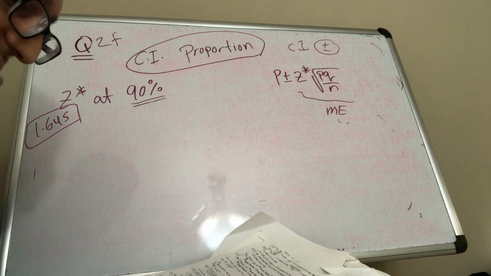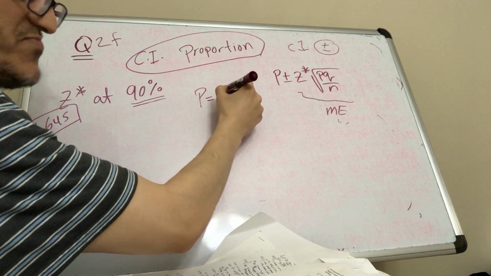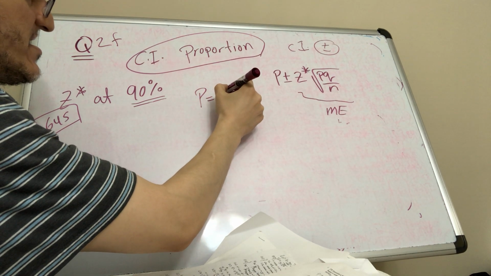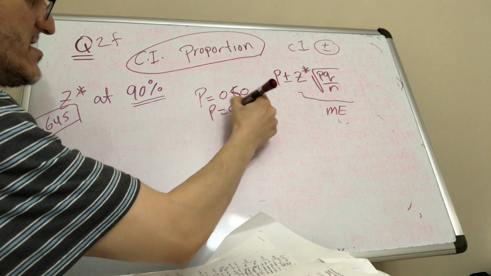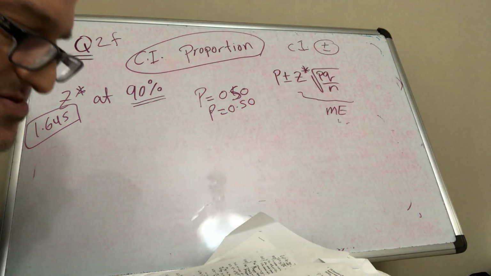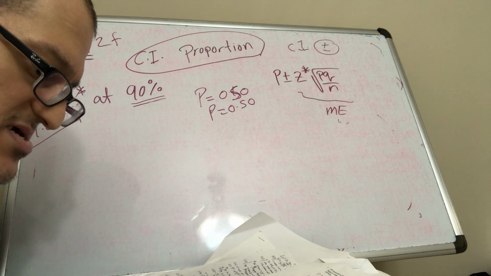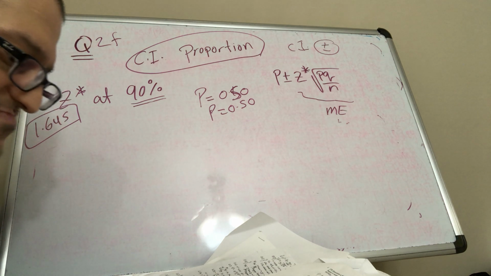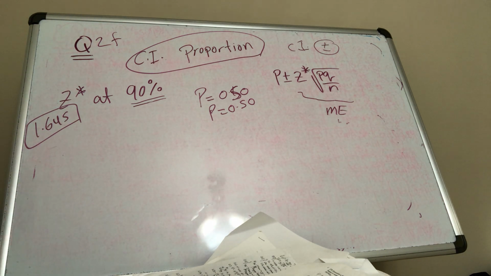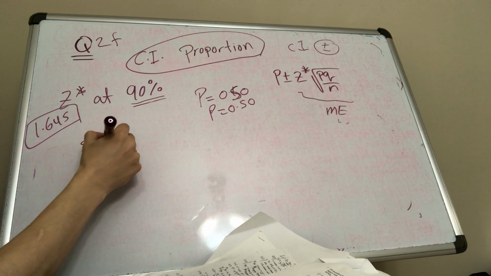Now, the question now, so remember, we found P to be 50%. Now, suppose that you want to estimate the proportion to within plus or minus 10%, what sample size, or how many students? When you're asked for how many, or sample size,